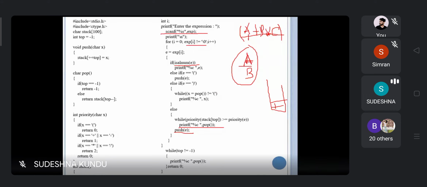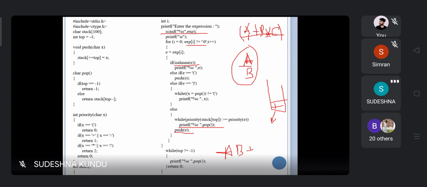But whenever you get star, the star has higher precedence than the plus, so we have to remove the plus from the stack. Because the plus has lower priority than the star, AB plus is printed.